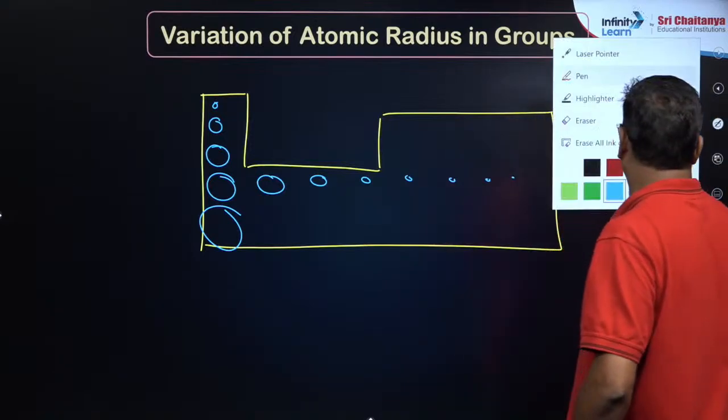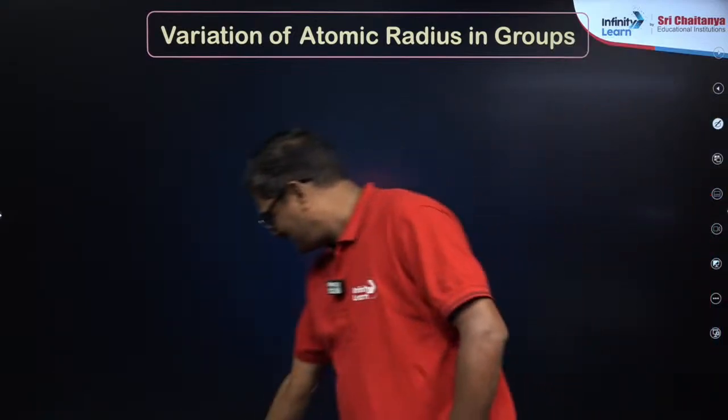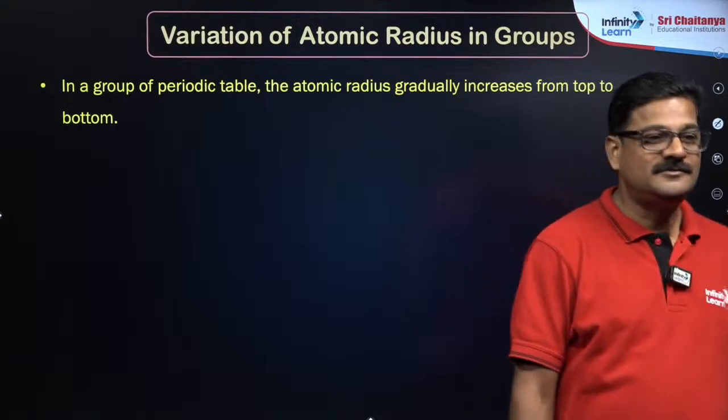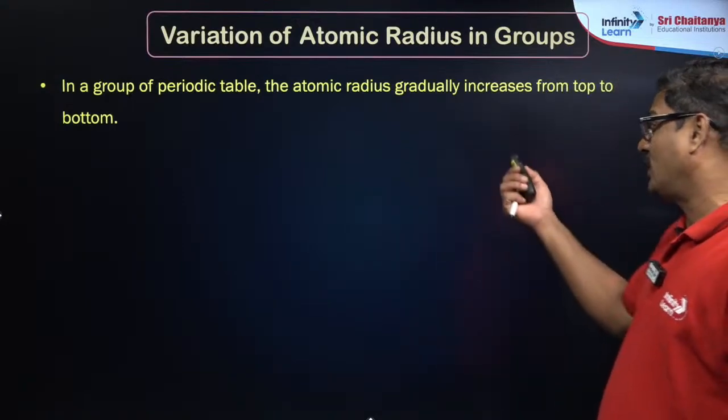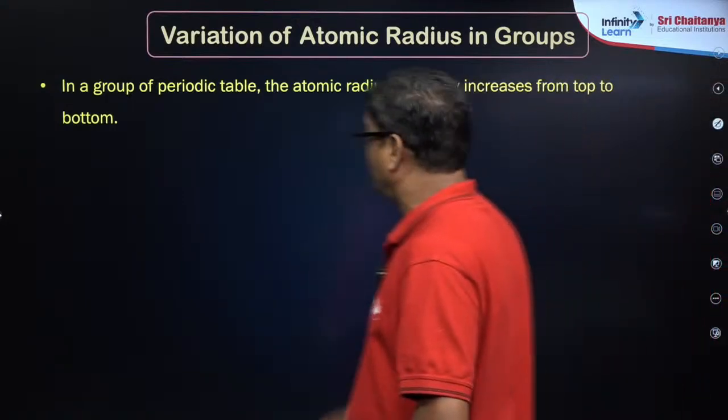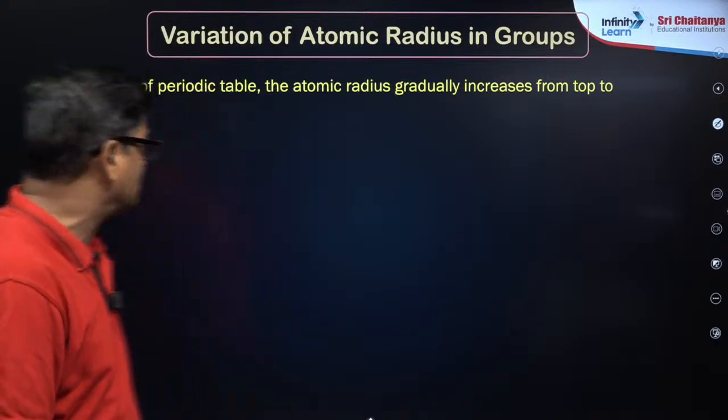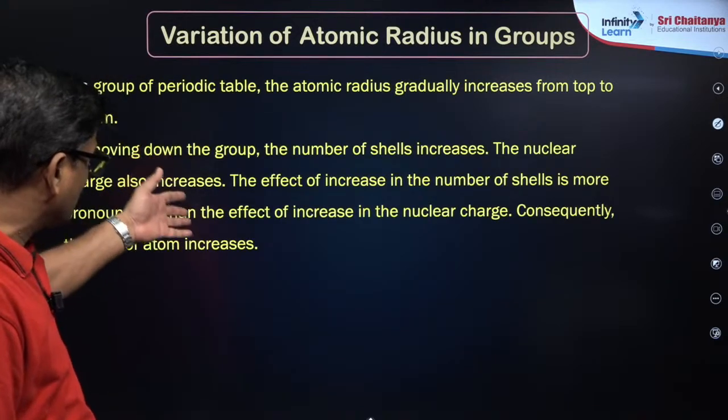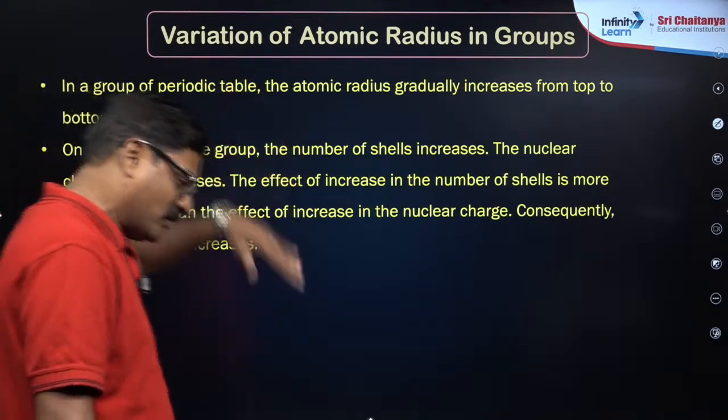So let's talk about this. So in a group in the periodic table, the atomic radius gradually increases from top to bottom. On moving down the group, the number of shells increases. Therefore, the